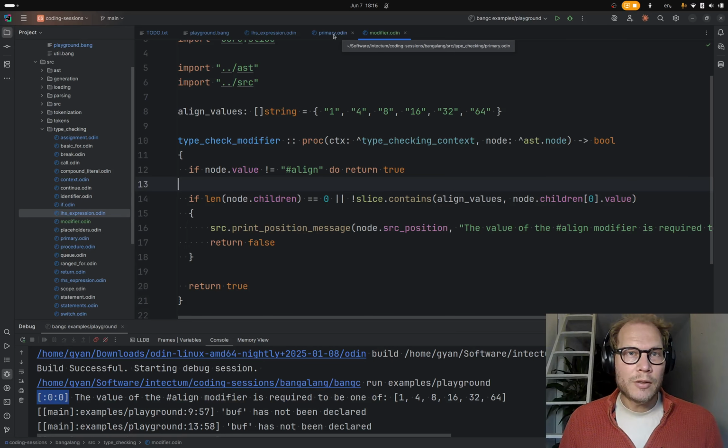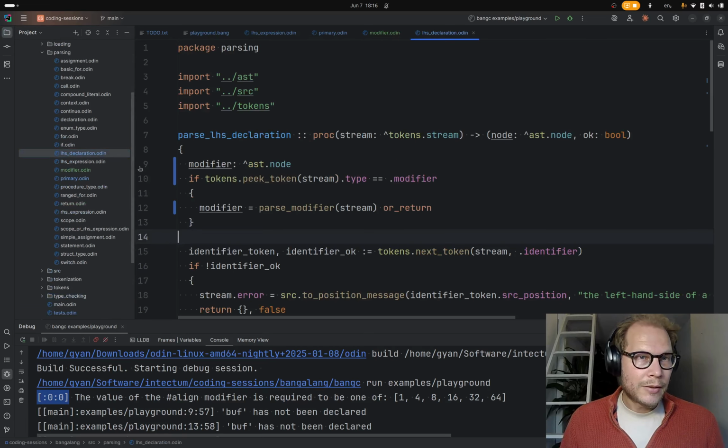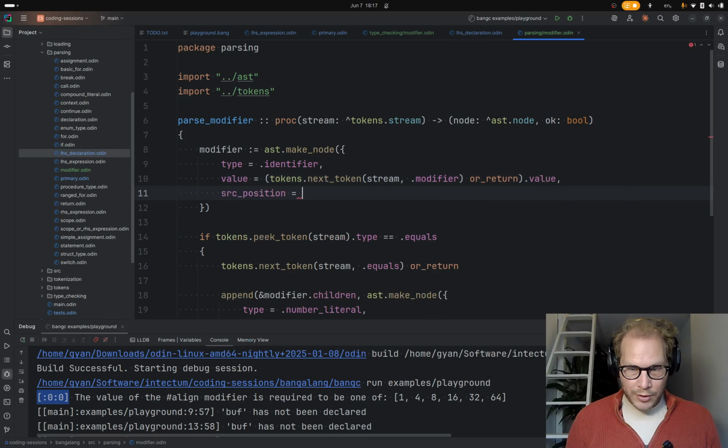position information, and that's because the parsing, we didn't add it. So when we parse the modifier, we also need to do the source position.